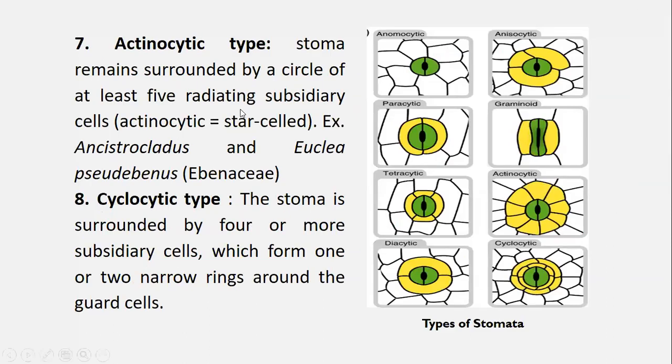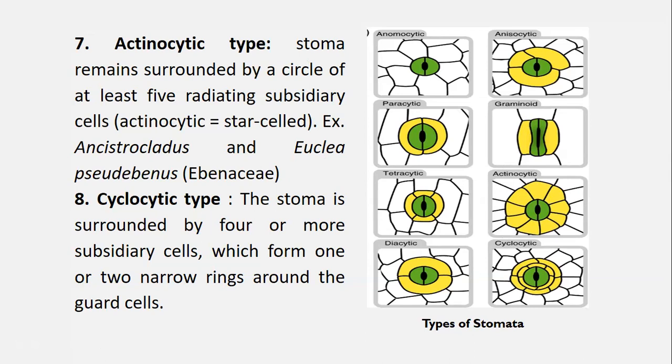And the seventh one is called actinocytic stomata. And here the stomata is surrounded by, you can see here, more than five radially oriented subsidiary cells and looks like a star-like structure, and therefore it is known as actinocytic stomata. And it is found in certain plants like Euclea, pseudovenus,